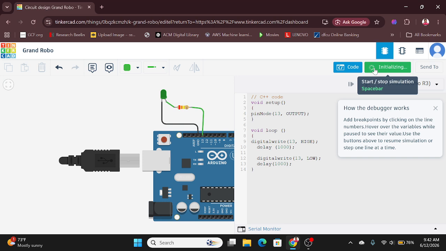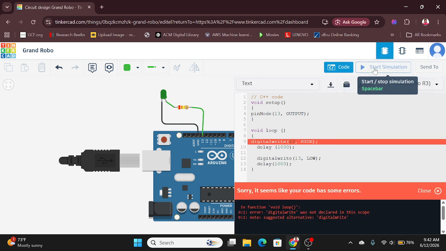Usually when you click start simulation, it's going to show you whether your code has errors. Okay, so line number 9, we are having errors. Remember what we said, that we don't have to fear when we get errors. You just need to understand this error and see what it means. So we say digitalWrite, pin 13 HIGH, and delay. This W in write is supposed to be capital. It was not declared in the scope, so let's